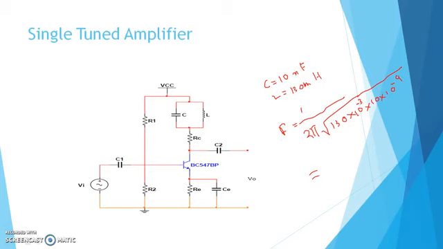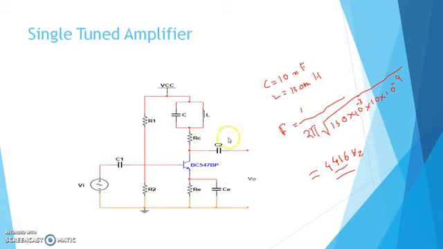Root over of 1.3 into 10 to the power minus 9 is 3.6 into 10 to the power minus 5, into 2 into 3.14 is equal to 2.26 into 10 to the power minus 4. 1 divided by 2.26 into 10 to the power minus 4 will be 4416. So this frequency is 4416 hertz. At this frequency we should get the maximum gain.